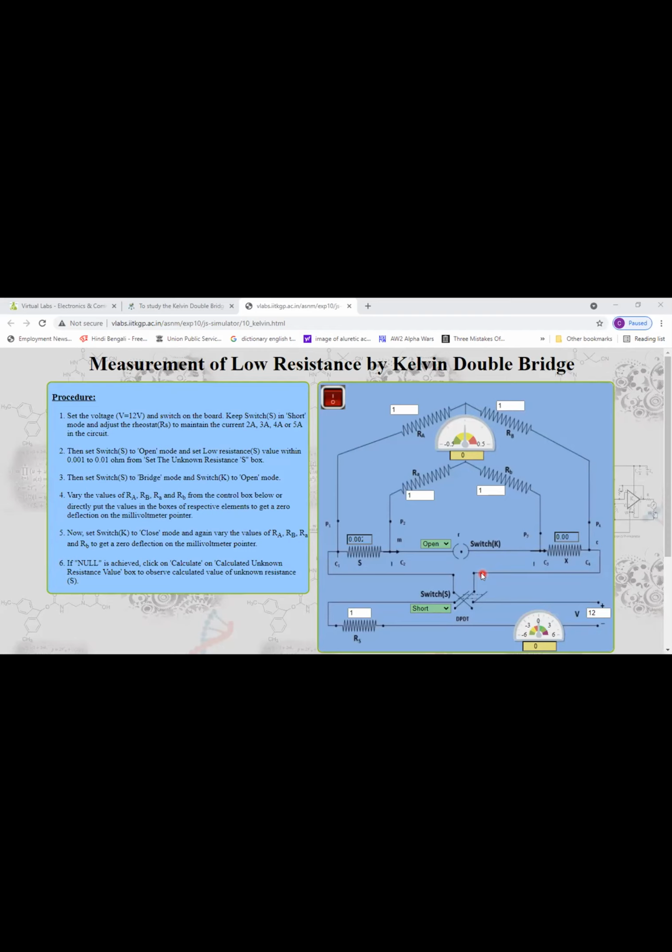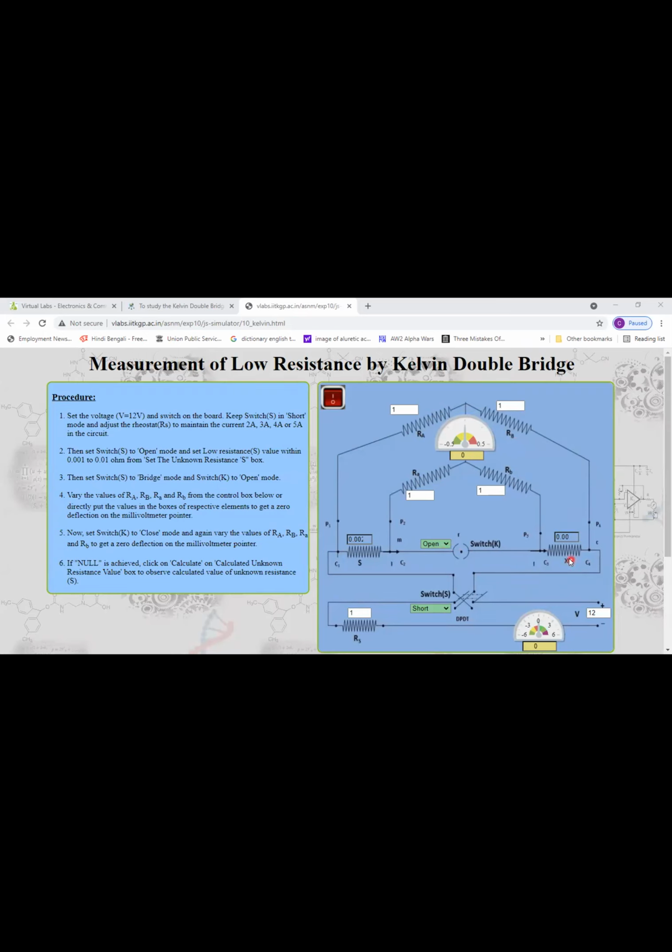The main working formula is for the unknown resistance, here written as X. In this simulator nothing is mentioned except R A, R B, R small a, R small b. But in a conventional book we find capital P and capital Q, small p and small q, and S, and the unknown resistance is R, or whatever nomenclature we use. The smaller resistance in between is generally made of 1 ohm.